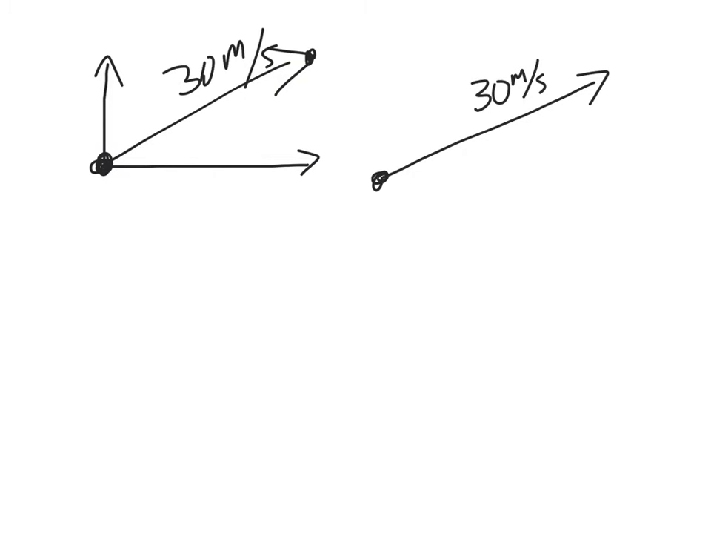You can still, again, start at the tail of the vector, draw your X component, and then getting to that point, you can draw your Y component straight up, so that this is my velocity, here's my X component, and here's my Y component. And in both cases,